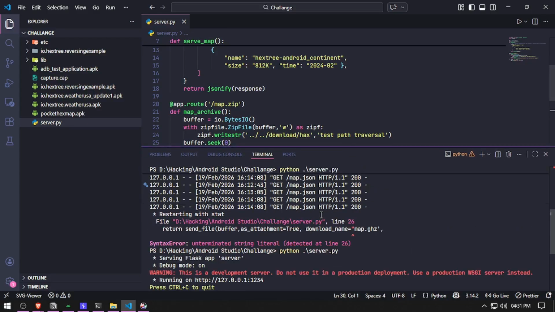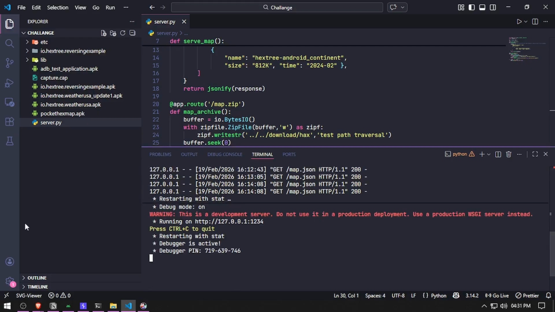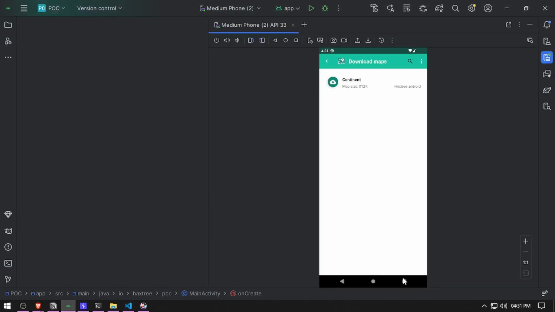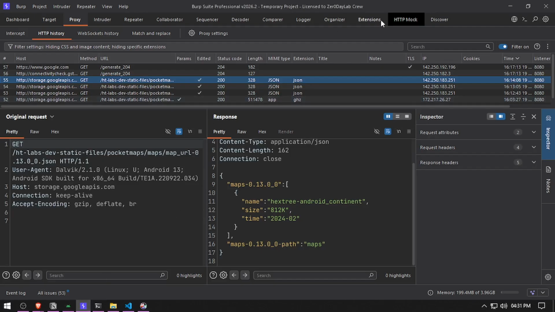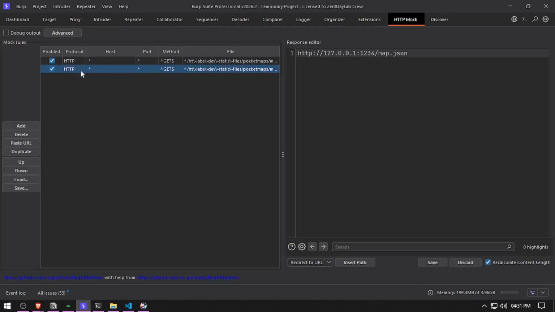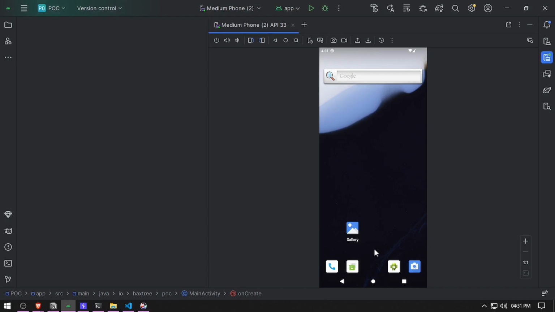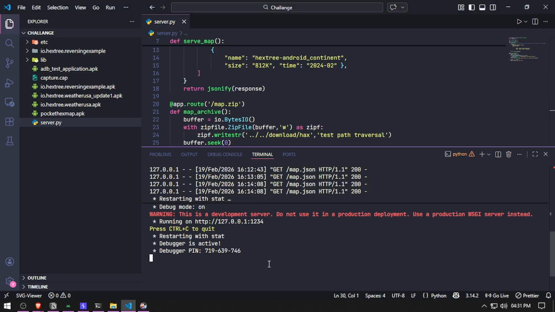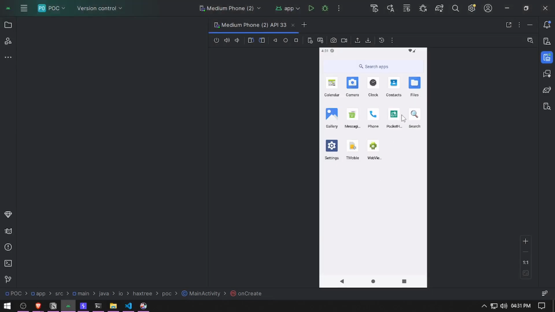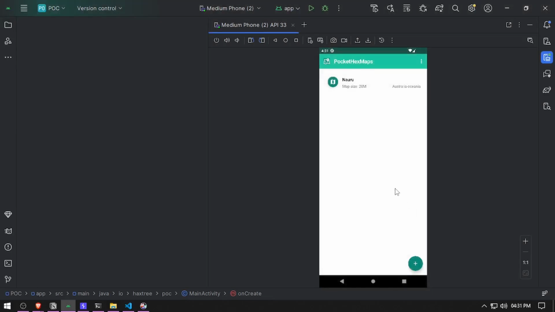It's up and running, and we have already set up everything. We already set up our HTTP mock, and we also set up our server, and it's up and running. So now it's time to give it a test, which is we open the Pocket Hextree map and try to download the zip file,